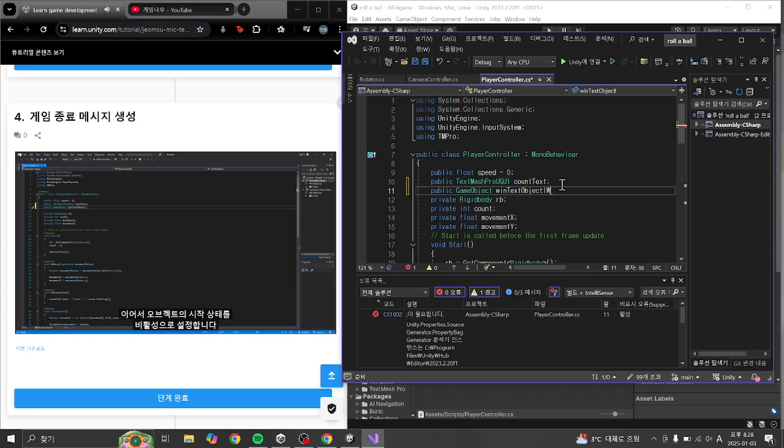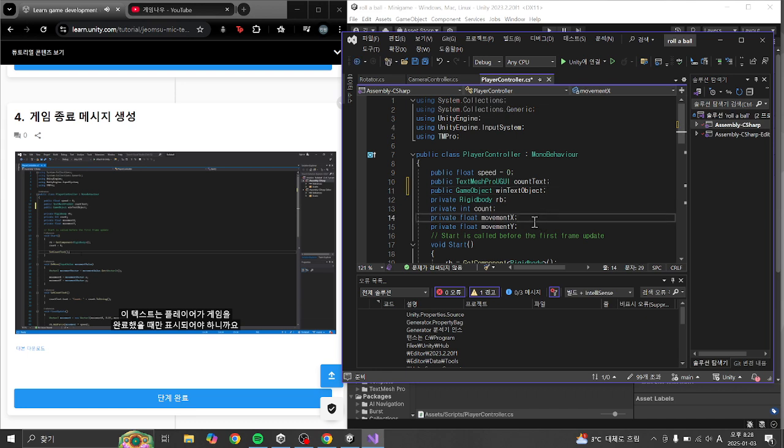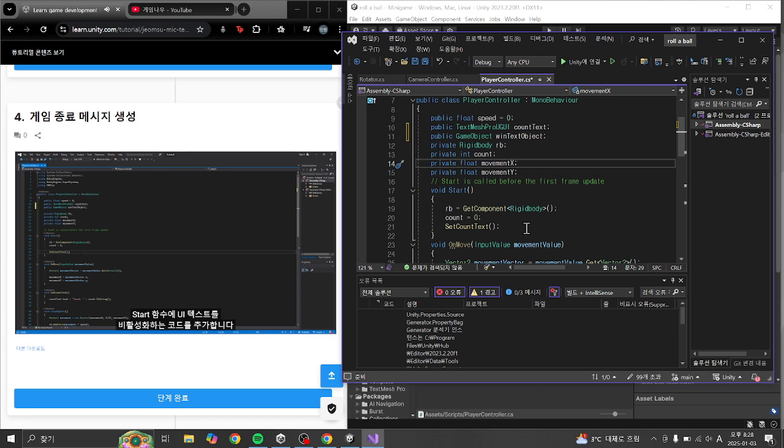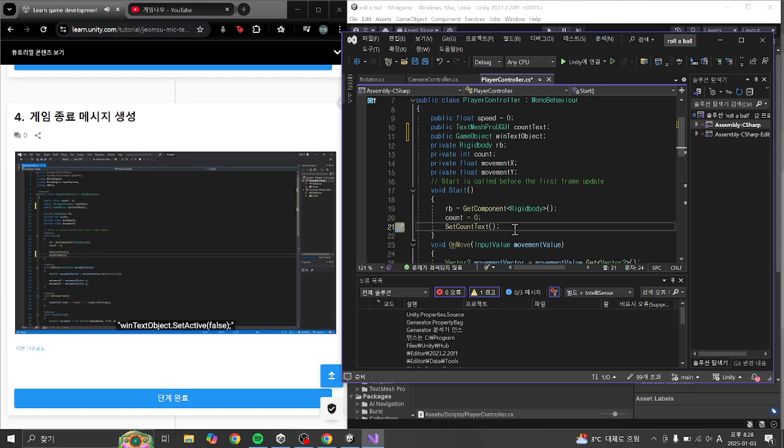Next, let's set the starting state for the object to be disabled. This text should only display when the player has completed the game. Because it's a starting state, add the code disabling the UI text to the start function. Write an instruction using the same method that you used to disable the collectible cube game objects on collision. WinTextObject.SetActive(false);